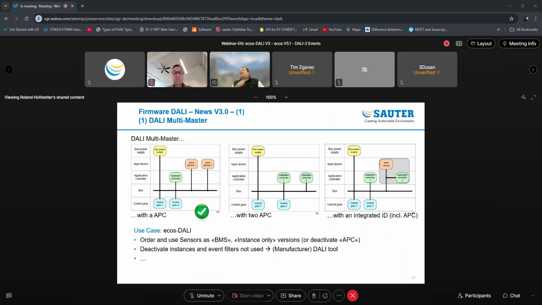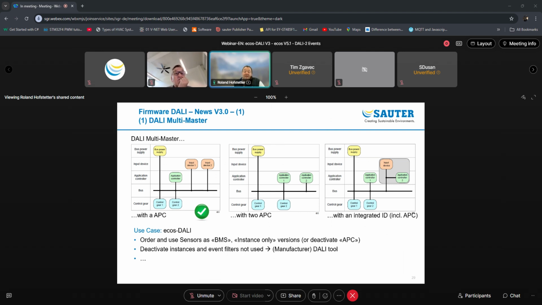So all sensors with capability of application controller are multi-master capable as well. Okay, so that means for us, if you order some DALI devices, mainly sensors, you can order or should use